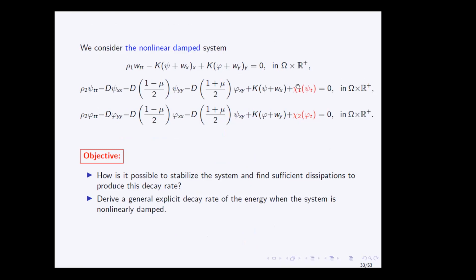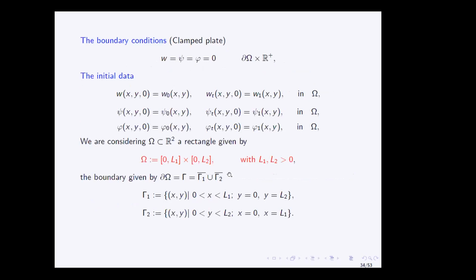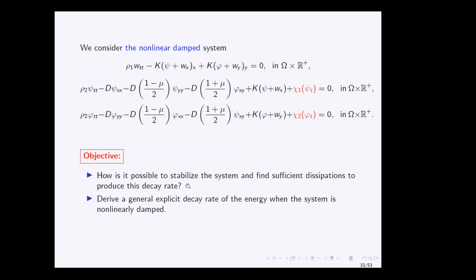We assume that we have the decay, the nonlinear term Q1 of Ct here and Q2 of Vt. So we have two nonlinear terms imposed on the two equations. Our objective was how is it possible to stabilize the system and find sufficient dissipation to produce this decay rate, and derive a general explicit decay rate of the energy when the system